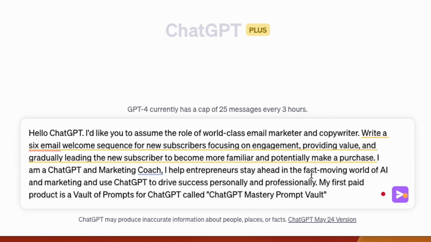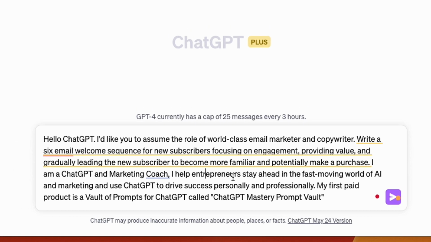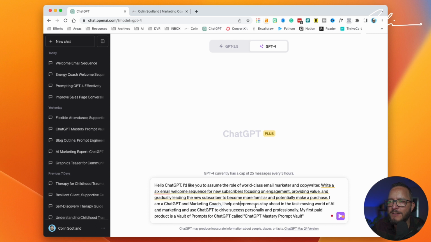So this alludes to the whole idea of staying ahead and not being left behind. And that's the reason people are jumping onto the ChatGPT bandwagon, right? To try and keep ahead and stay in touch with what's going on. And I use what I do to help people drive success. And now I've given it an indication of where my first paid product is.